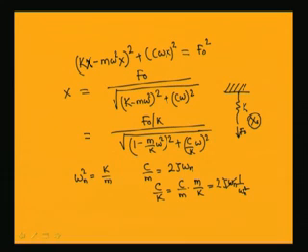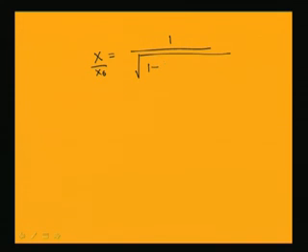So, this F0 by k can be called the static displacement of the system. So, this displacement x by x0 can be given by 1 by root over 1 minus omega by omega n whole square